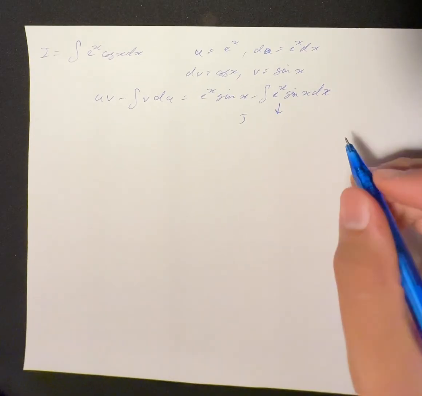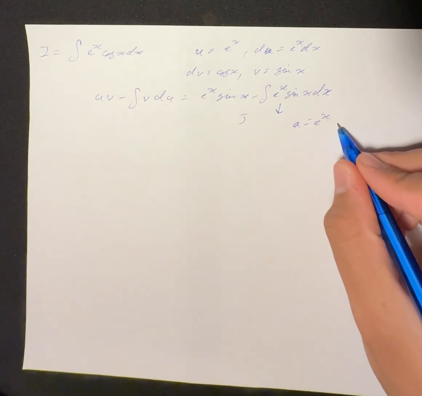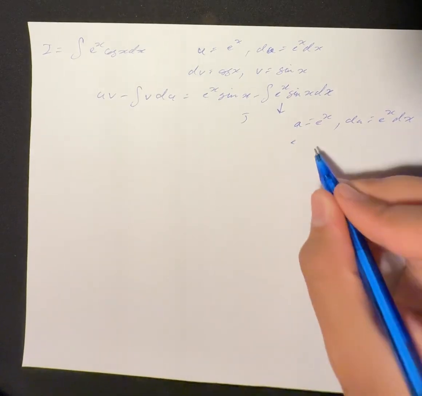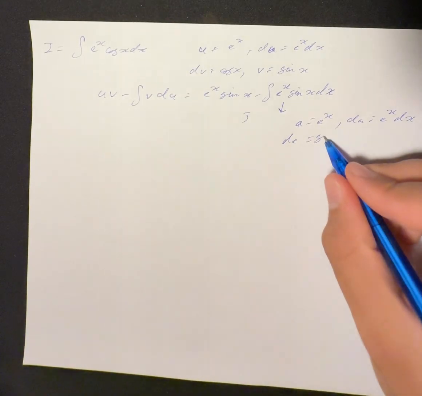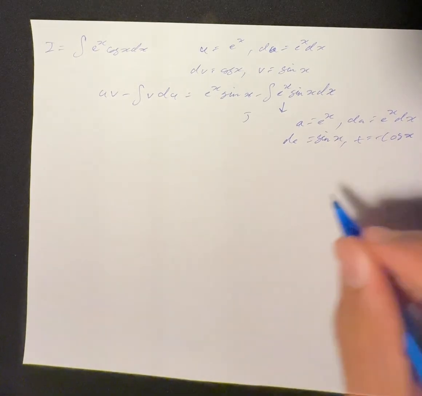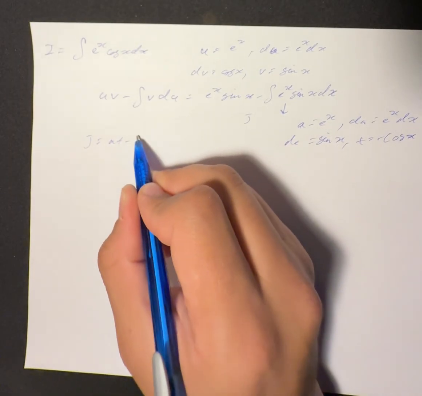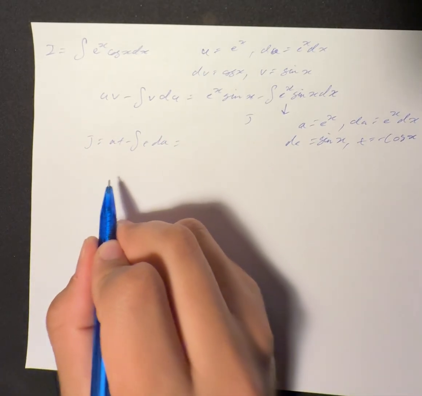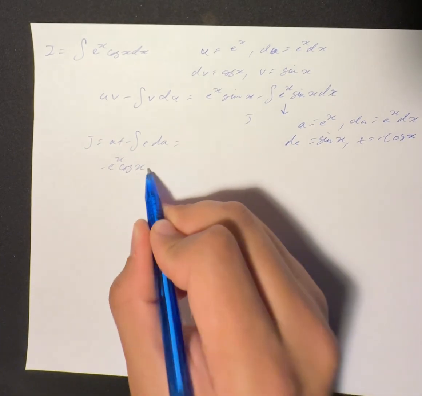Do another integration by parts. Let a be equal to e to the power of x, for example, and da would be equal to e to the power of x dx. dt is sine x, so t equals minus cosine x. So J equals at minus the integral of t da, which would be e to the power of x times minus cosine x minus